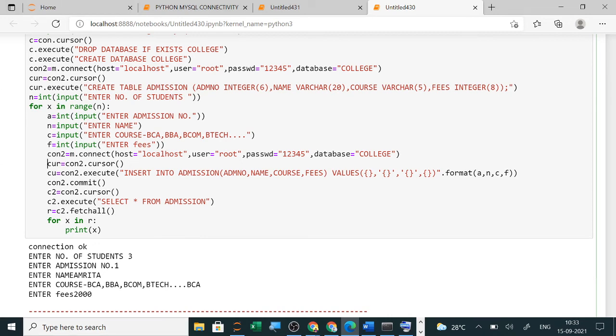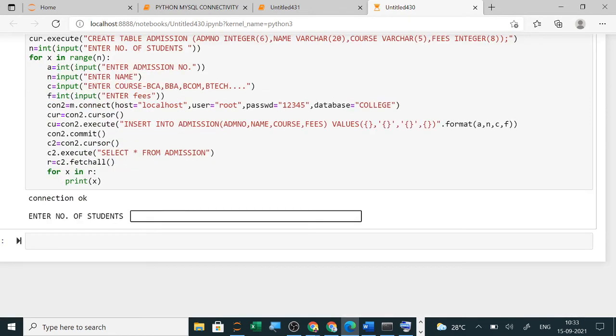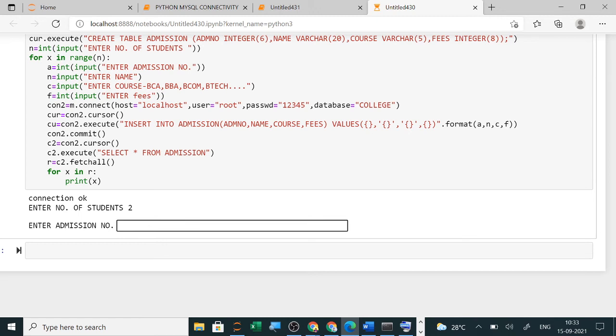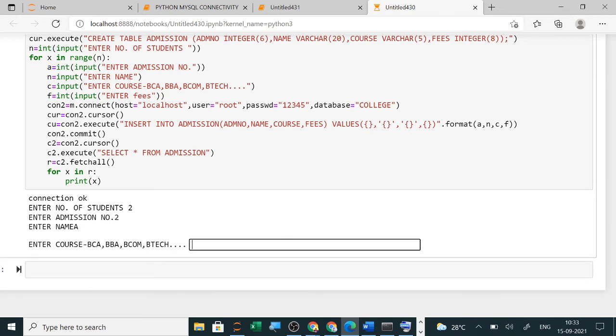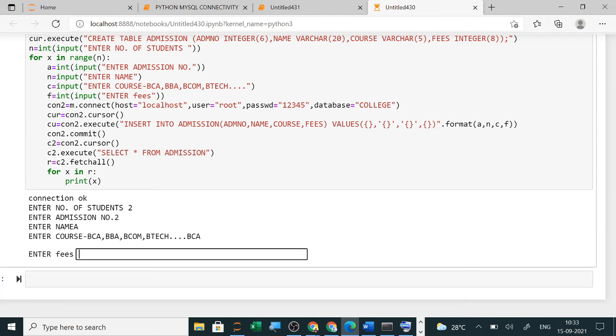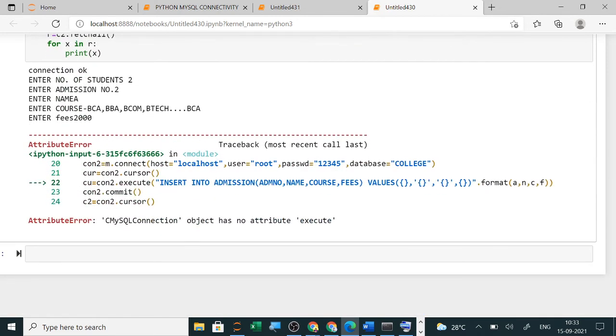Okay, let me execute it again. Number of students 2, admission number 2, name A, BCA, fees. It is showing an error in this line.